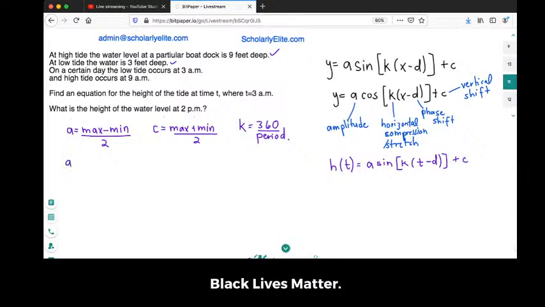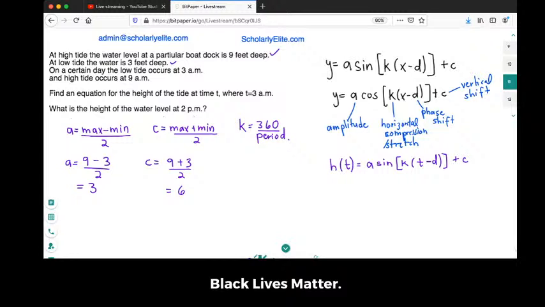I've got the A term, which is 9 minus 3 divided by 2, which is going to be 3. The C term is 9 plus 3 divided by 2, and that's going to be 6. Now, let's talk about the K term and what we're going to do to figure everything out in this scenario. Let me just make sure I'm reading the right part here. Yeah, so